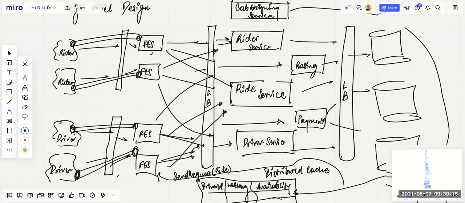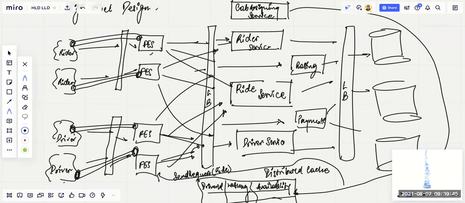Once one of the drivers accepts, this API will decide which driver, if there is some consistency issue. This API will select one of the drivers and acknowledge that your ride has been accepted, and the same driver will be assigned. In the front end service, we'll send the notification to the driver saying that this is the driver assigned. And as soon as the driver is assigned, a ride will be created through the ride service.